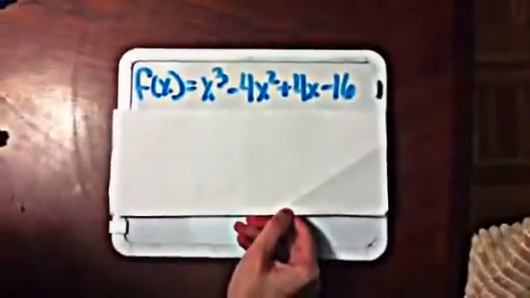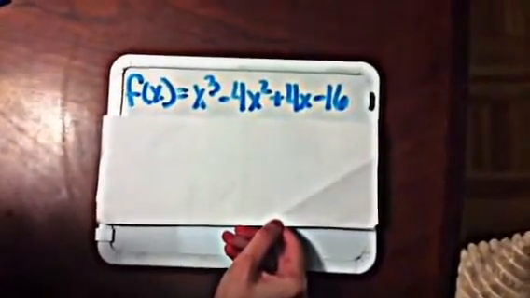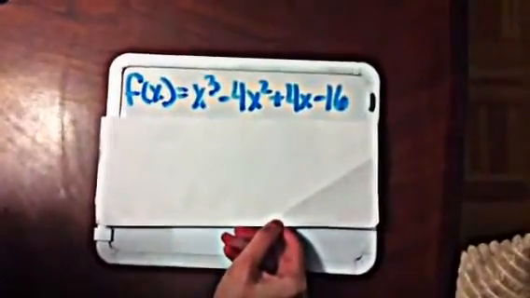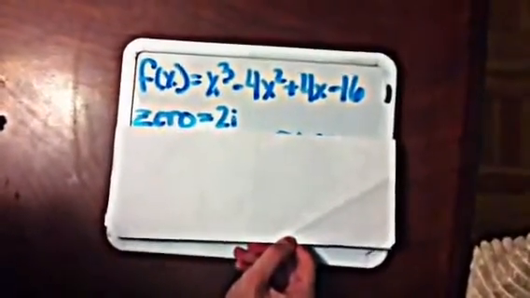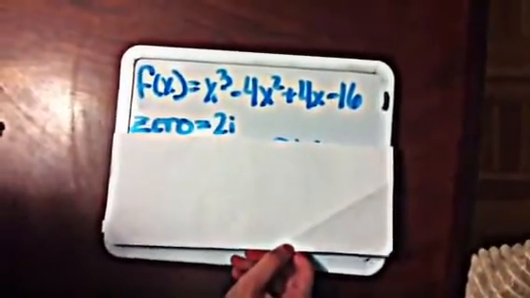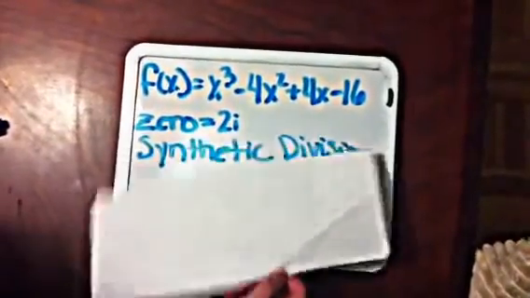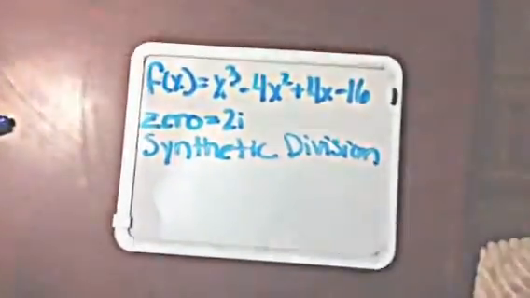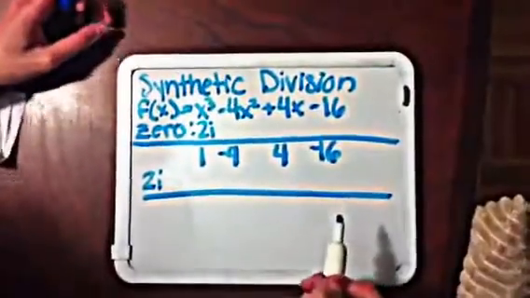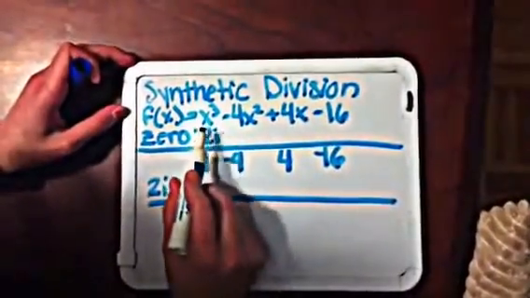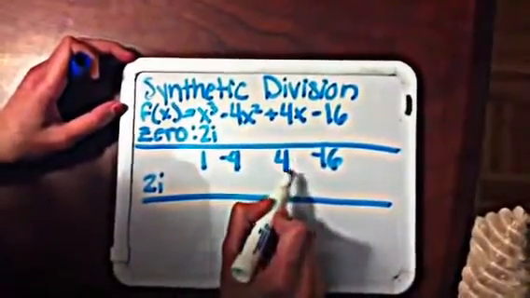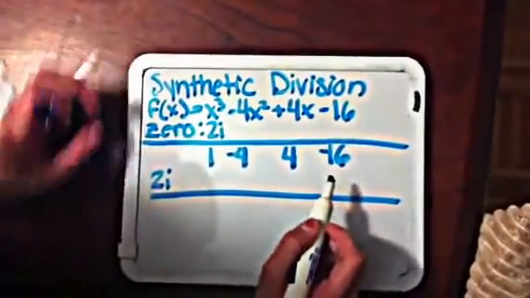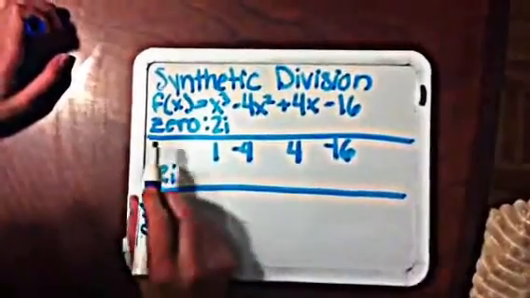Let's start off with the function f of x is equal to x cubed minus 4x squared plus 4x minus 16. The given zero is 2i. To solve this problem, we're going to have to use synthetic division. When synthetically dividing, we drop down the coefficients 1, -4, 4, and -16, and we synthetically divide by the zero,